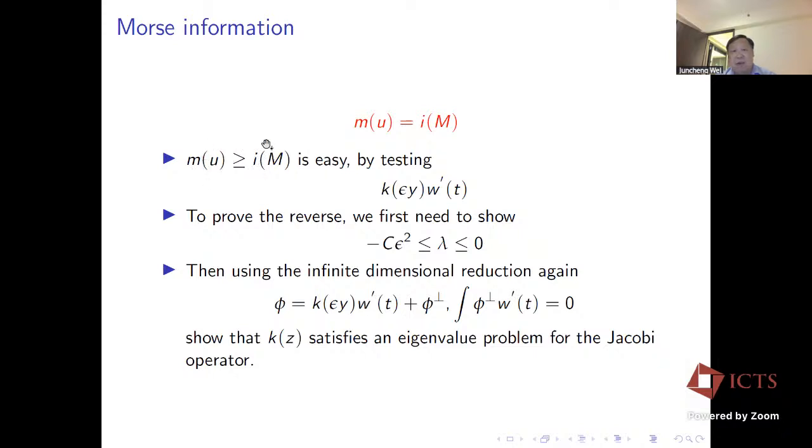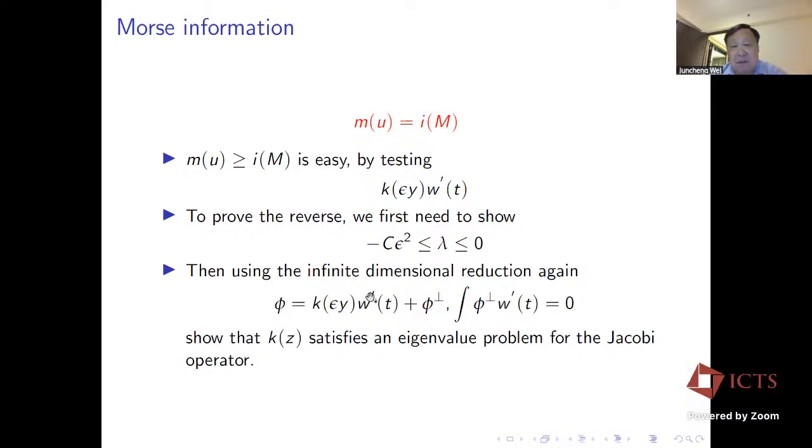This is greater or equal to the index of M, because each negative direction of the Jacobi operator produces a negative direction for the Allen-Cahn functional. So this part is easy to prove. And to prove the reverse part, we have to show that the eigenvalues are very small, like an epsilon square. And we use the infinite dimensional reduction to show that the eigenfunction also has this separated form, and